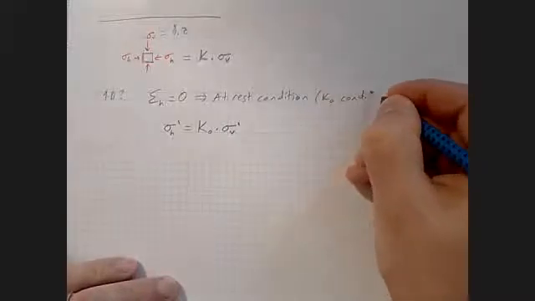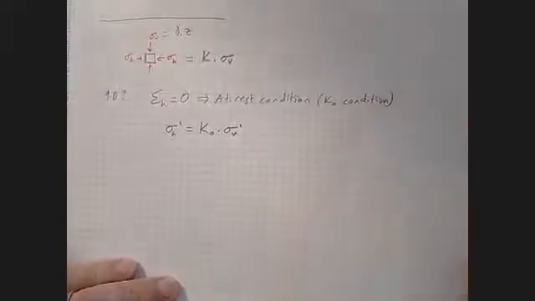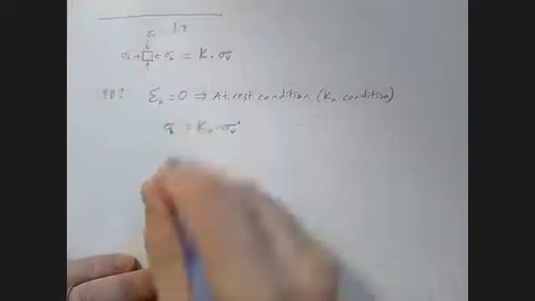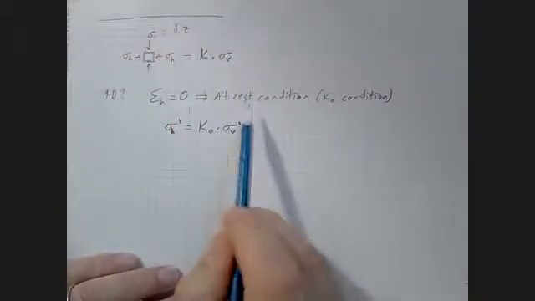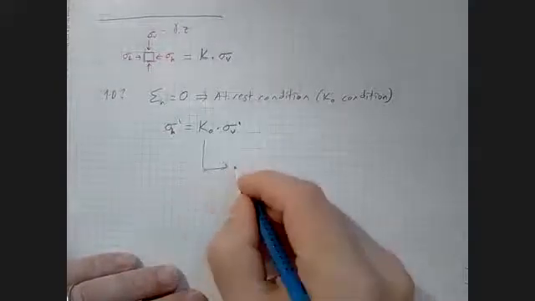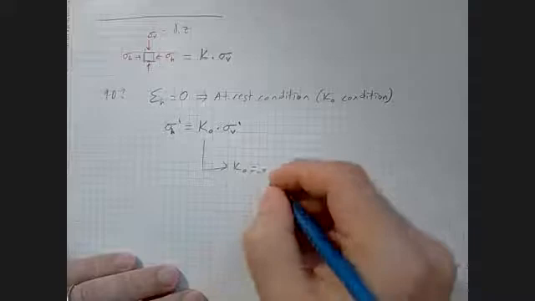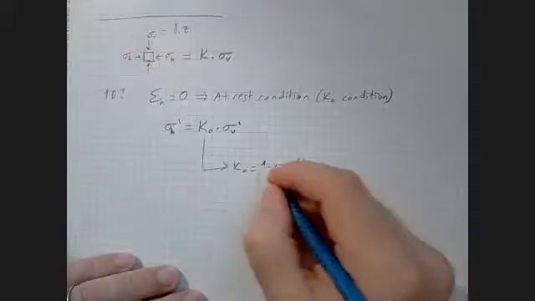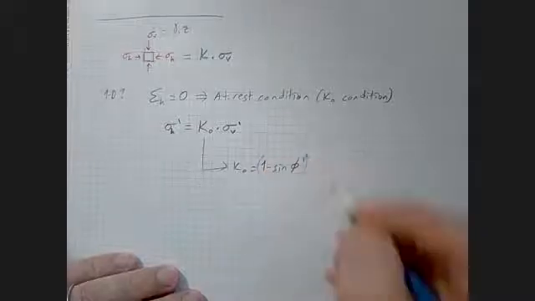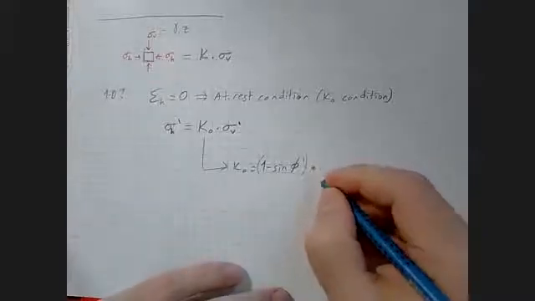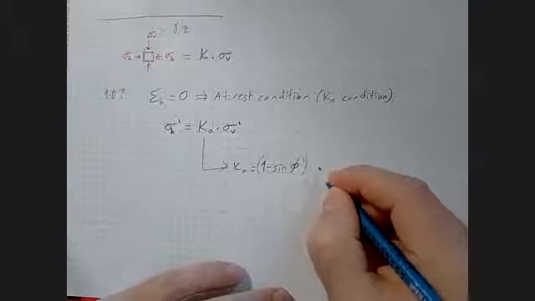So then your horizontal stress under at rest condition is simply K0 times sigma vertical, where K0 is 1 minus sin phi. So it is related to the friction angle somehow. And times,